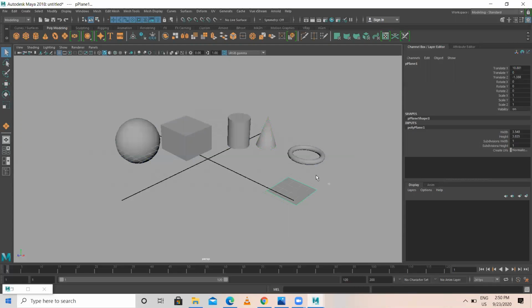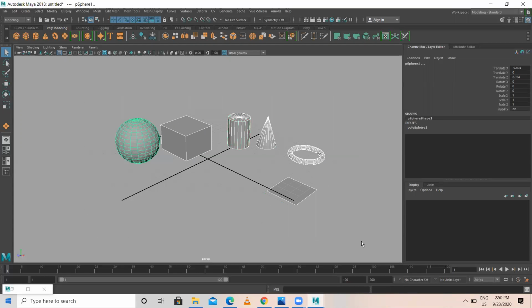These are not grouped objects, these are individual objects. There are 6 primitives by default in Maya: sphere, cube, cylinder, cone, torus, and plane.